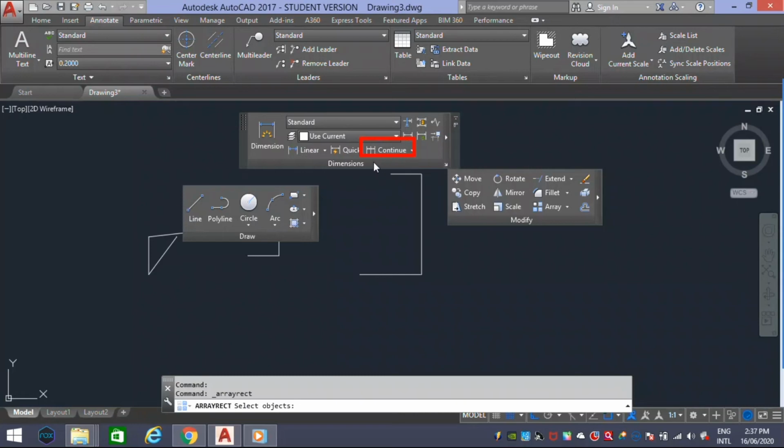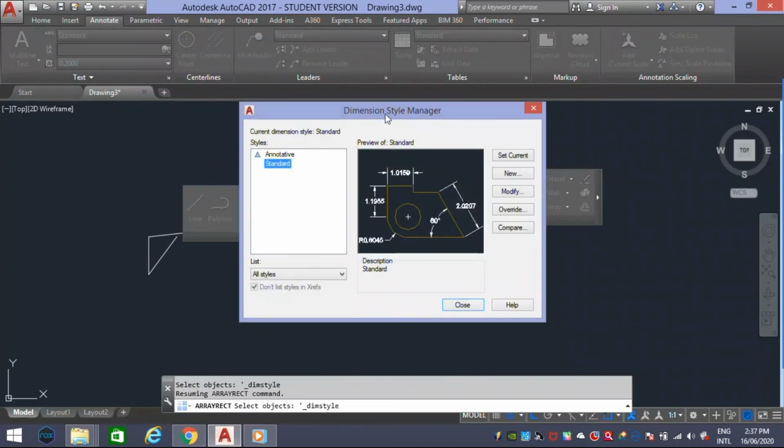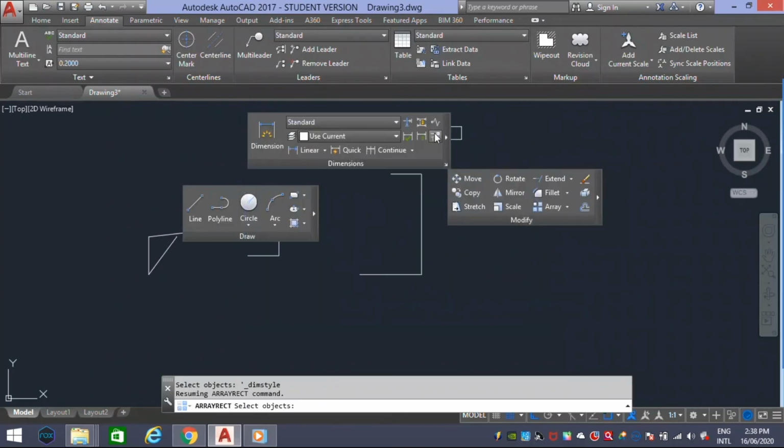Here at the down mark, we have a few more options. Text justification in left, right, center, etc. And the shortcuts here are DL enter for dimension linear, DIL enter for dimension angular, and D enter for dimension settings. That can be explained in the next video.